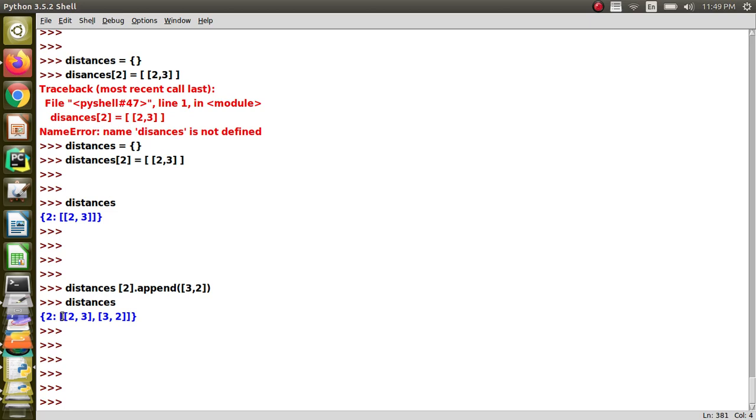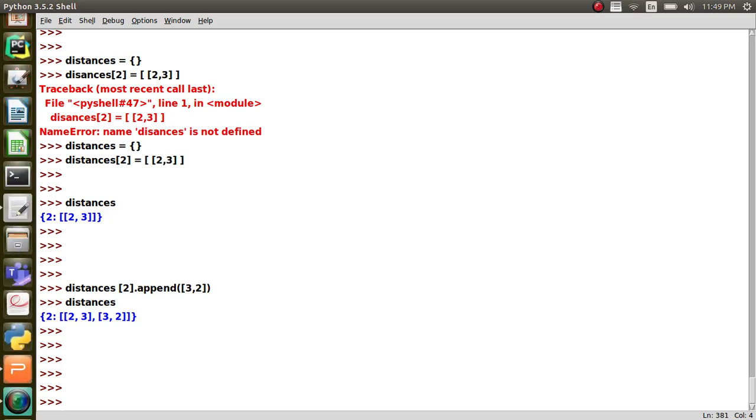Okay, list of length 2. All the lists in that will be of length 2. And one more point that you have to understand is there is going to be a dictionary in which key will be the distance between the point that we are analyzing and each point in the list. Okay, and value will be a list of points. It can be 1 point or more than 1 point, but it's going to be a list. So when we insert, we should insert for the first time as a list, and when we see the distance for the second time, we have to take the value. That value will be a list and we have to append it, right? That's what we have seen.